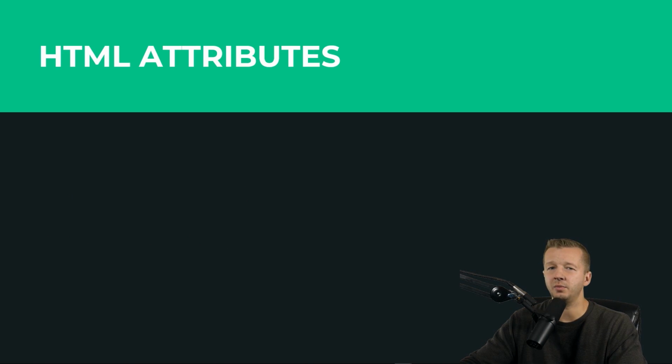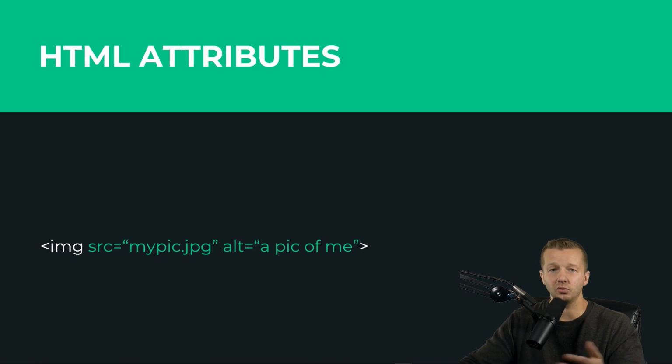So let's take a look at HTML attributes. So an example right here. We just saw the image tag, which, by the way, is a singleton because it's self-closing. We can see here we have two different HTML attributes. We have this one right here, and then we have another one right here. They're structured so that the attribute starts with a property name, equals, and then it's bound to a value right here. So this is linking to an image, and then the alt attribute is required